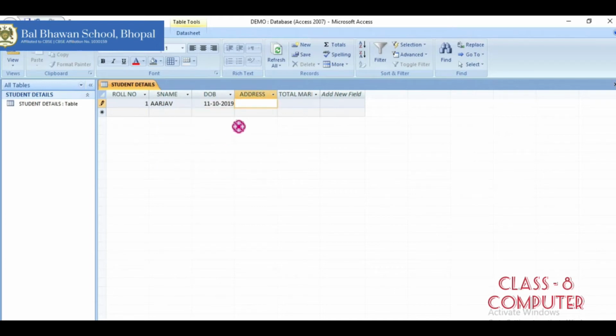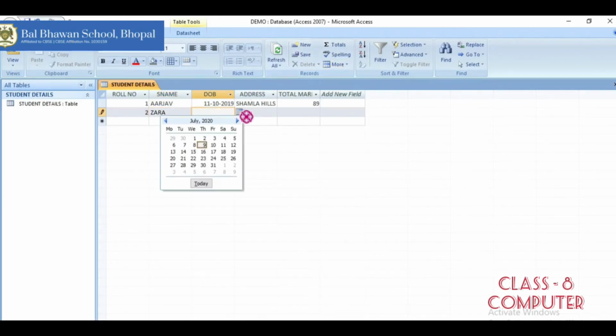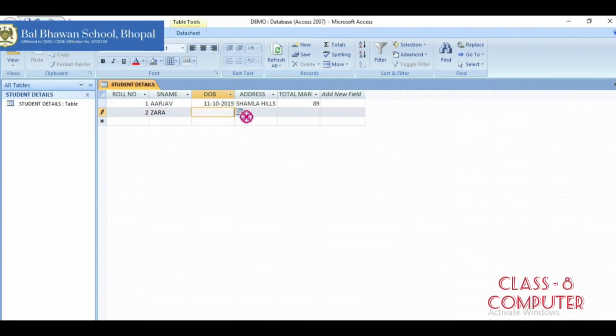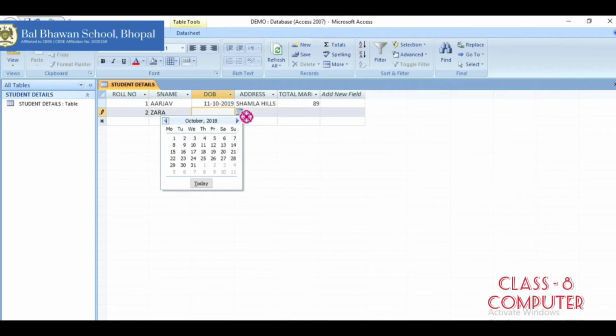Now after giving date of birth, I will give a random address. I am giving as Shamla Hills and then you can give total marks. After filling one complete line, I will proceed to the next line. Now this one complete line will be called as my record. Second line, I am giving the information as second, Zara, and again I will choose a date from the calendar.